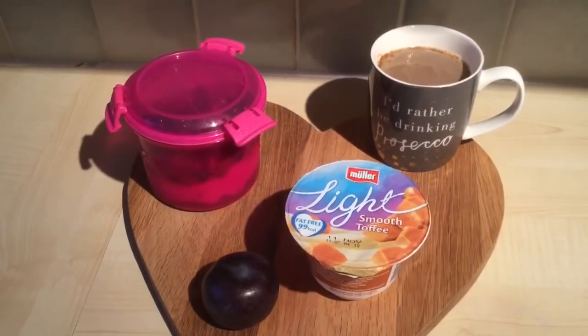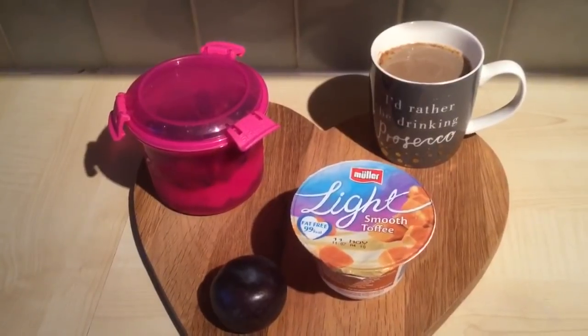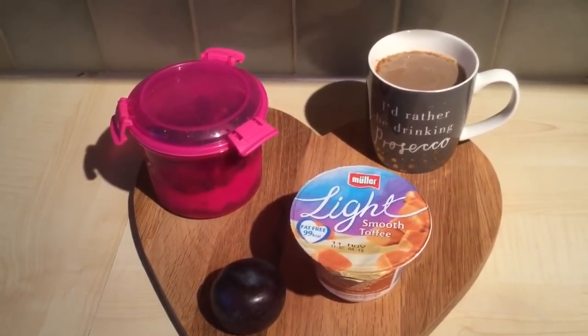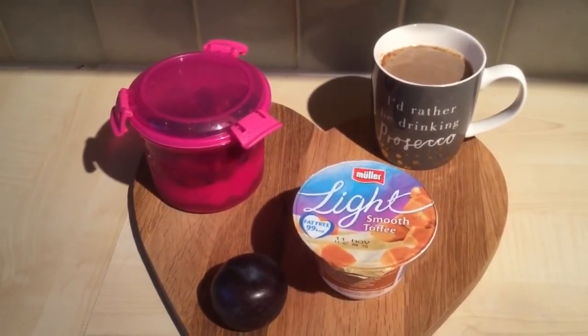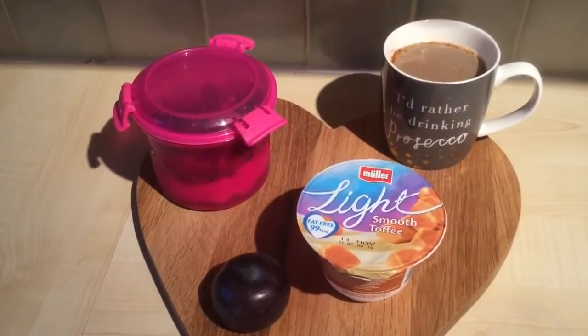I am trying to eat up food, and there may be some repetition showing you things that I've shown you before, but this is the real version of what I eat, and hopefully even if they are a bit boring, they may give you some ideas. So anyway, enough rambling. At home this morning, I'm just going to have a toffee Muller Light for one syn,